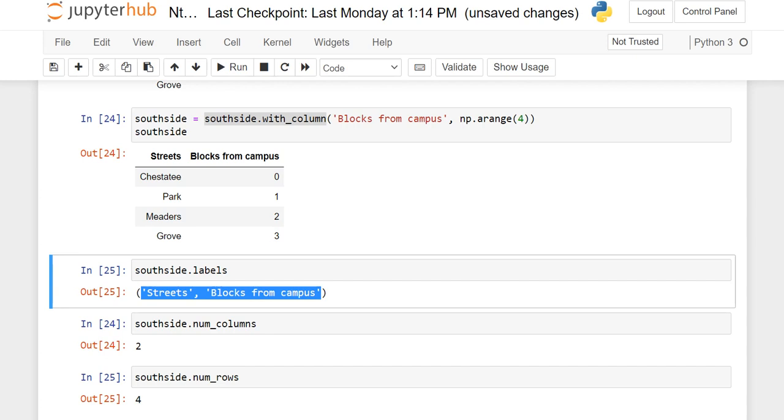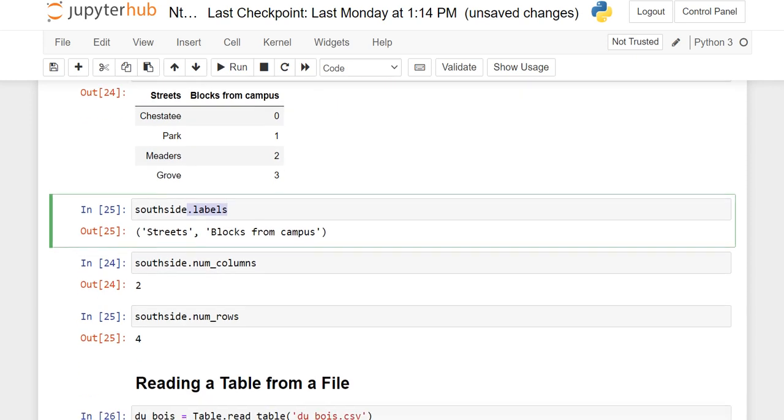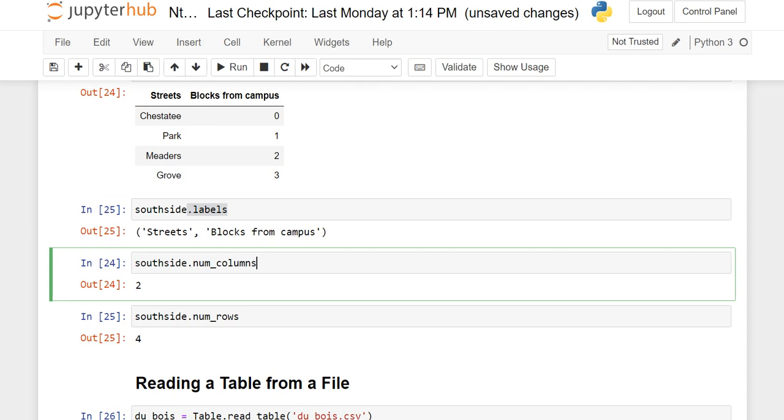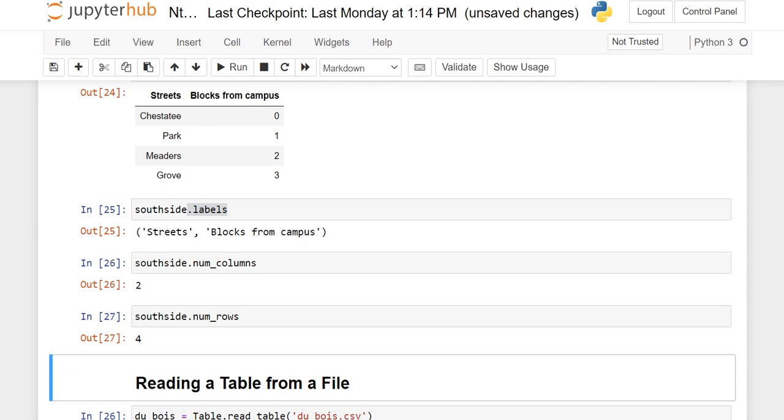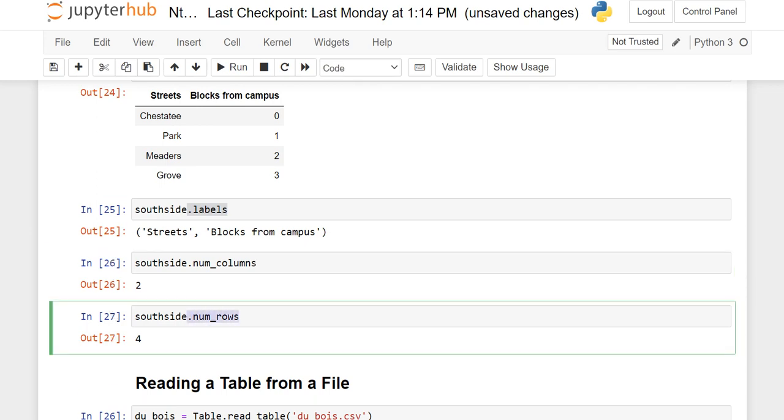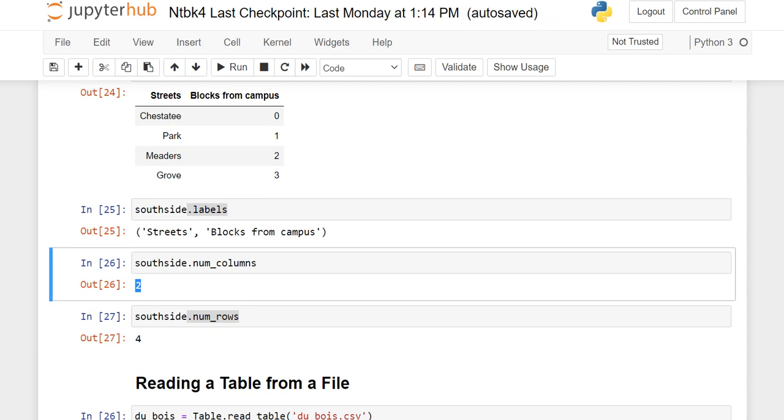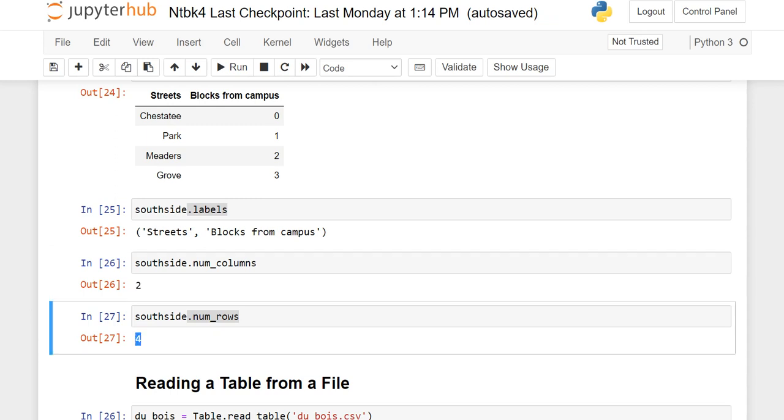So dot labels is really good in a table with lots of columns to quickly get a list of what the columns are, and that way we'll at least know the names of the variables. Again, these are a little more important in much bigger tables, but number of rows will tell me how long the table is. This is the number of variables, and this is the number of responses